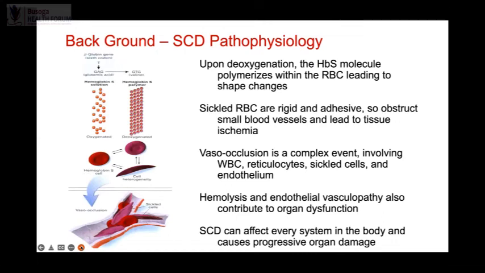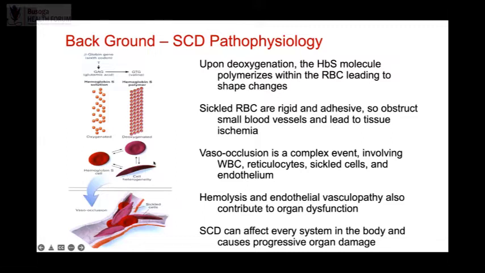So what is the pathology? What happens? What is special about the sickle hemoglobin? Under areas of low oxygen tension, this sickle hemoglobin, instead of being discrete like this on the left, as you can see, polymerizes. It forms long polymers like this. And this changes the shape of the red blood cell, which should be discoid like this, to this shape. And this is where the pathology begins from.